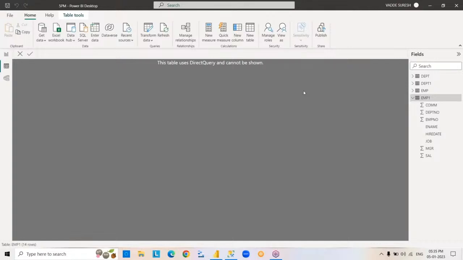You can see directly. Then what is the use of direct query? Direct query data will be there in the source only, only the structure is copied, right? Yes. Why we are using direct query means